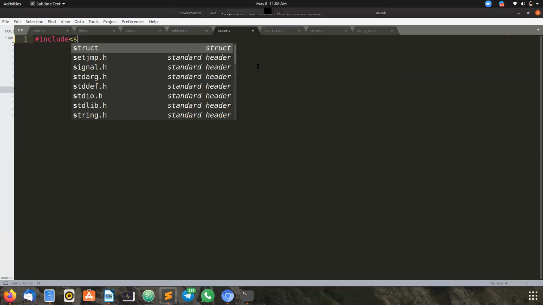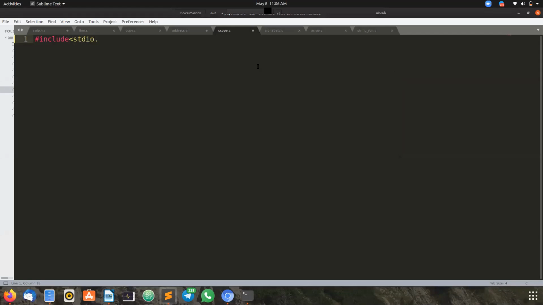Now I want to show you how it differs actually in the program. So I'm taking a variable. I'm asking the user to enter a value.